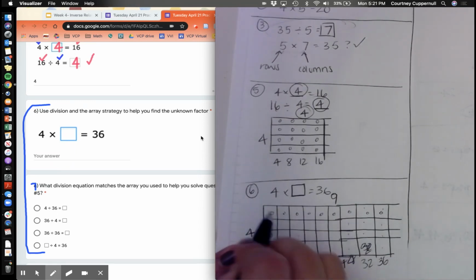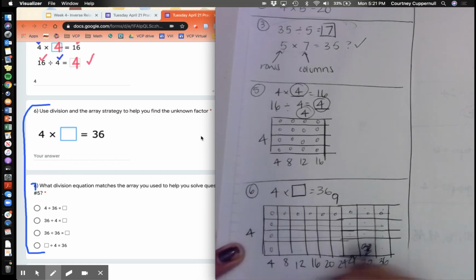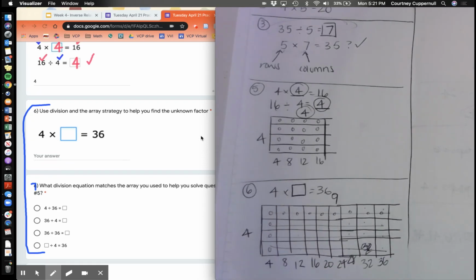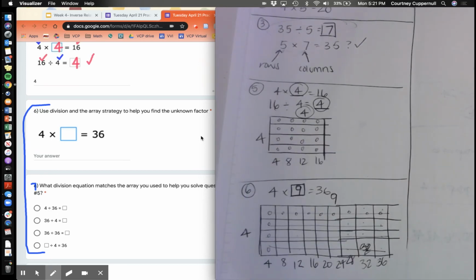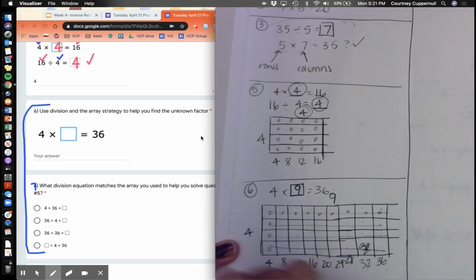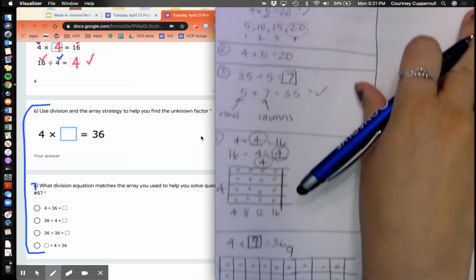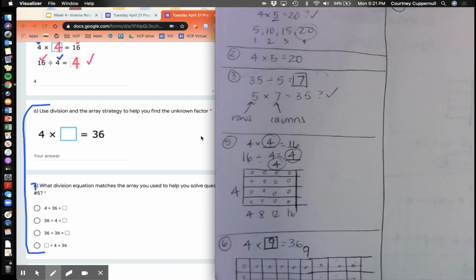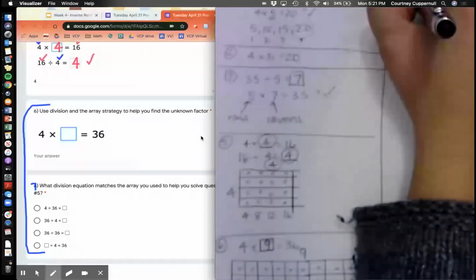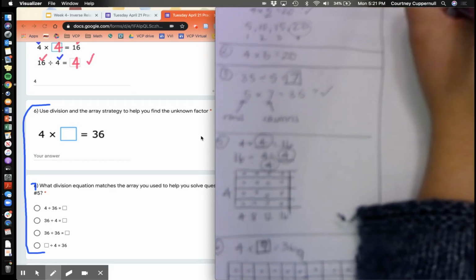So like I said, we know that in each of these 4 columns, or excuse me, 4 rows, there are 9 boxes. So the missing factor here is that 4 groups of 9 equals 36. Now, let's think about this question 7. I'm going to do it up here since I'm running out of room. Question 7 then asks us, okay, so based on the work that we did here, now that we know 4 times 9 equals 36,